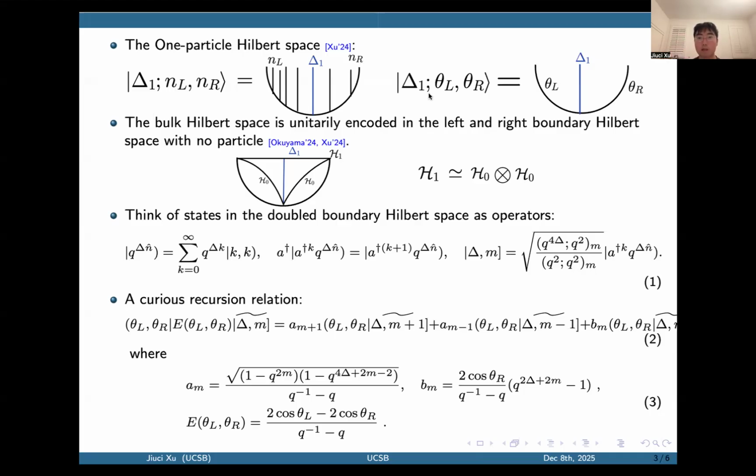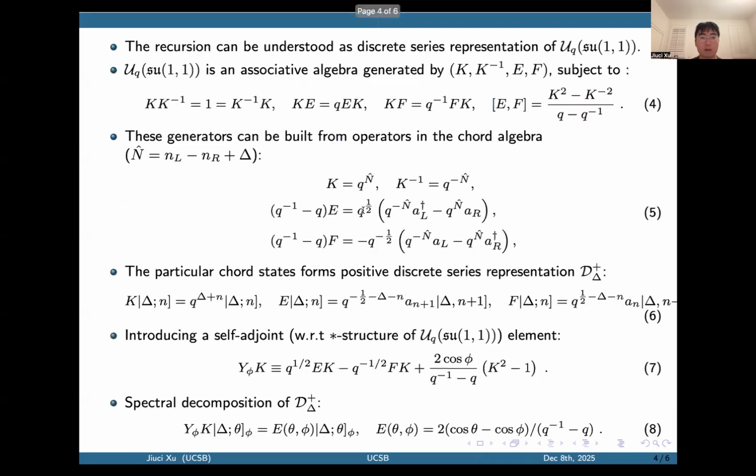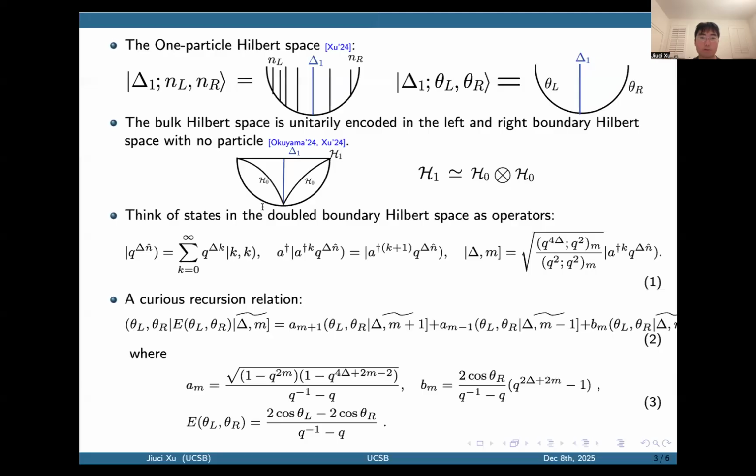In an earlier paper by me, I found the energy eigenstates that diagonalize the left and the right chord Hamiltonians. With this basis, it's very straightforward to realize the unitary equivalence between the one-particle Hilbert space living on the bulk and the two copies of boundary zero-particle Hilbert spaces that can be viewed as living on the slice in the bottom. One can think of states in the double Hilbert space as operators acting on the original zero